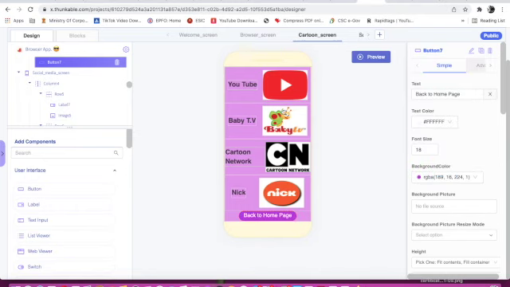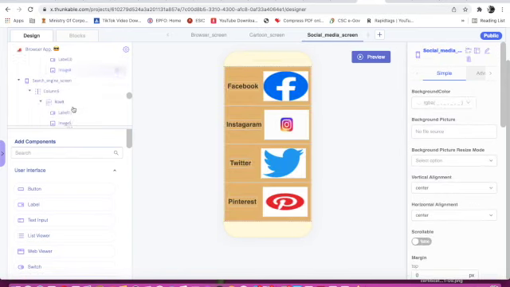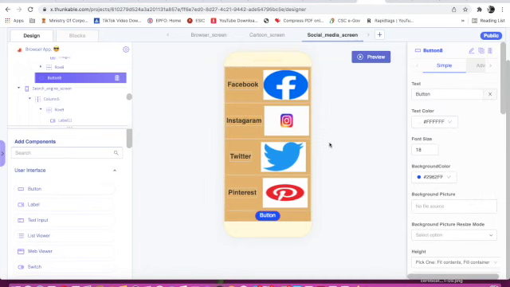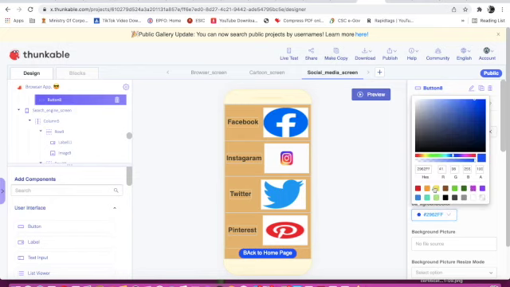Yes. Now here on social media screen I will hide row 8 and here I will give button back to home page. I will change the background color.